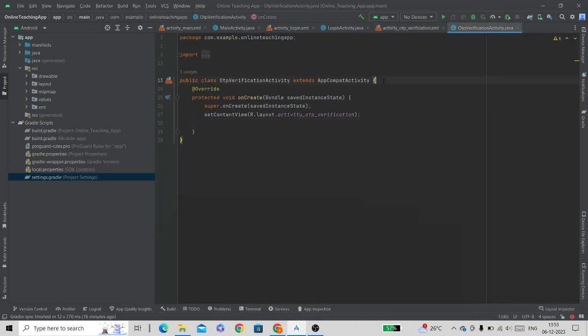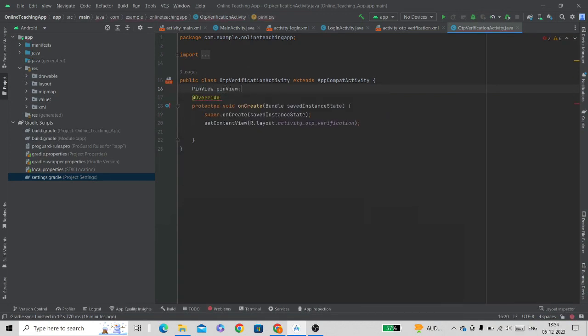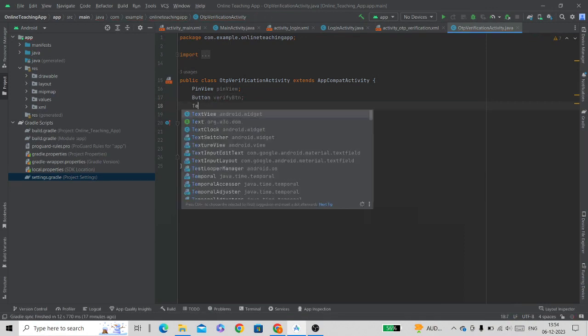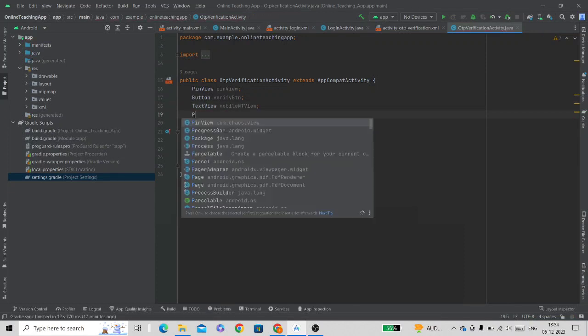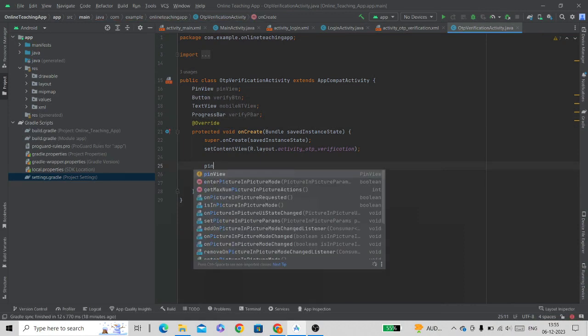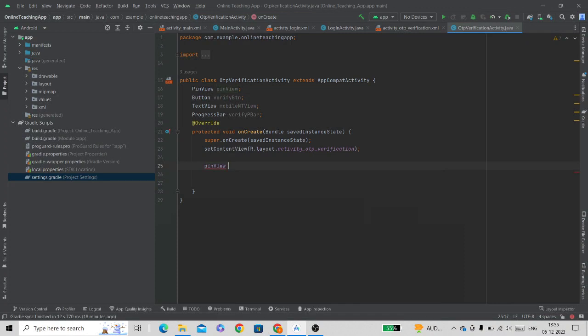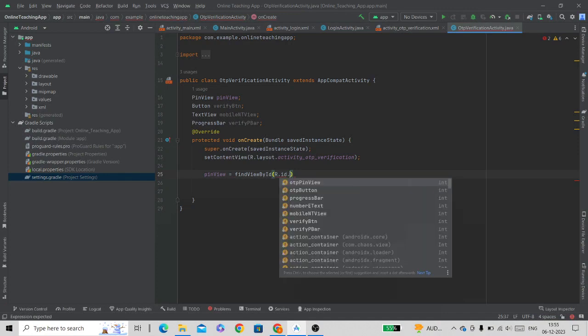First we will define the views here. PinView, Button verify button, TextView mobile number text view, ProgressBar verify progress bar. Now we will find their IDs here. So pin view is equal to findViewById R.id.OTP pin view.